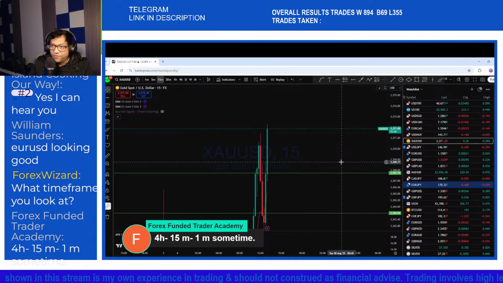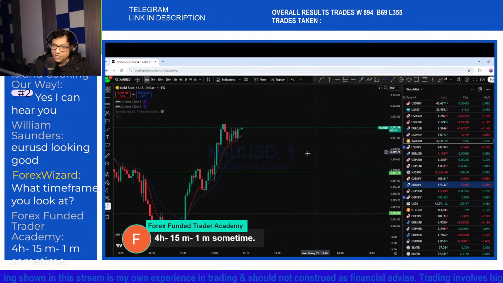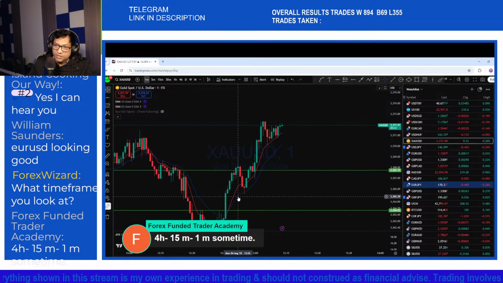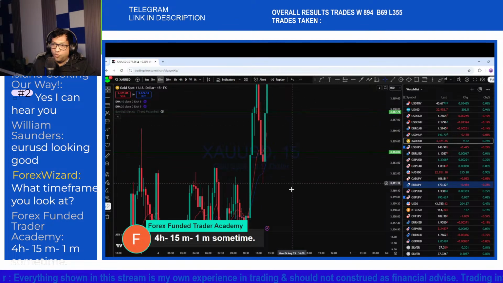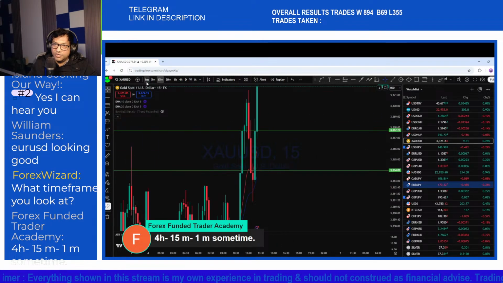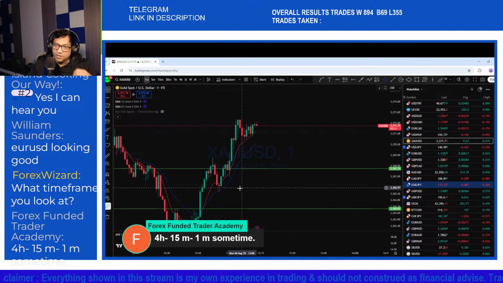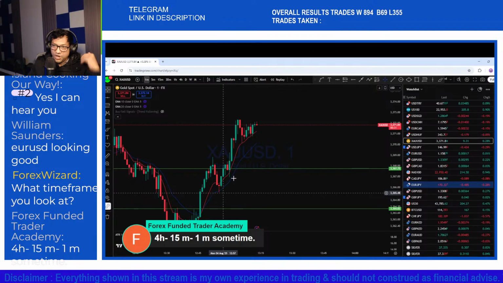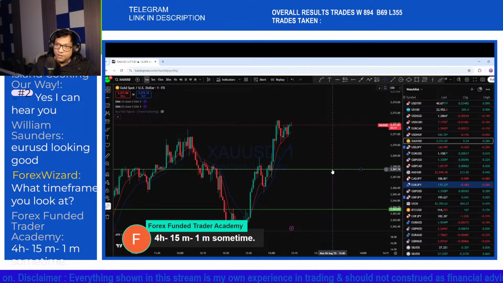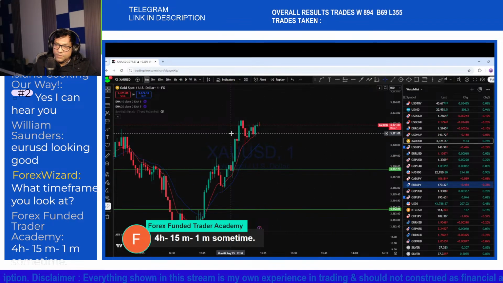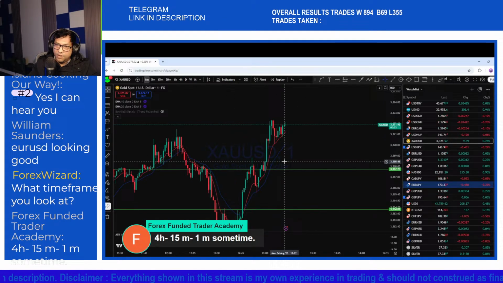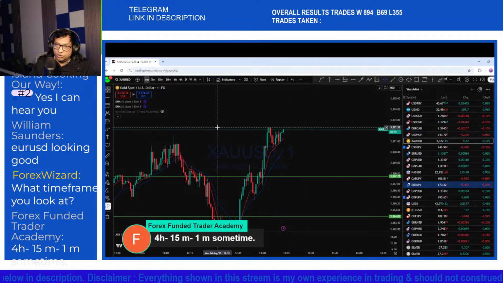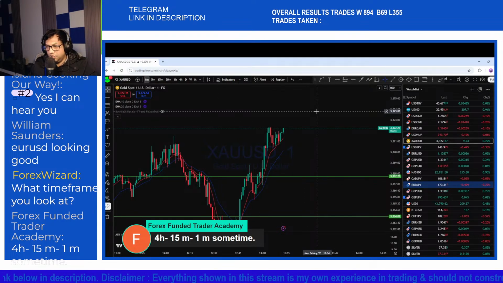So combining the 15 minutes with the 1 minute, you can see it is trending here. As we mentioned earlier, we were waiting for this 4 hour support to be tested. The market didn't drop to that level. Instead, it just had a breakout from this level. Now, on the 1 minute trend, we can see the price has broken back above, and that breakout is continuing to the upside here with a new momentum.